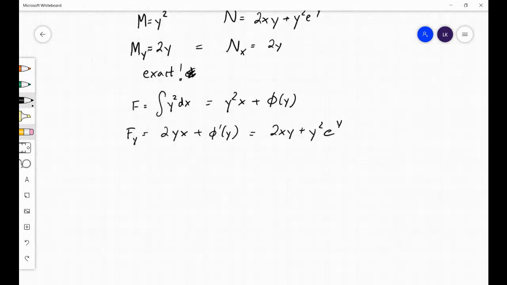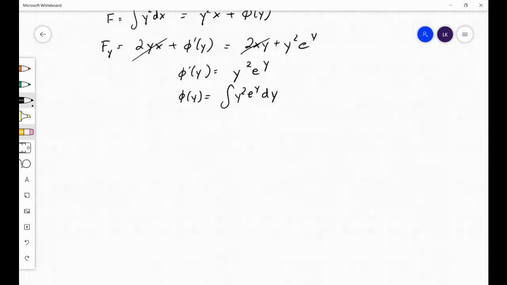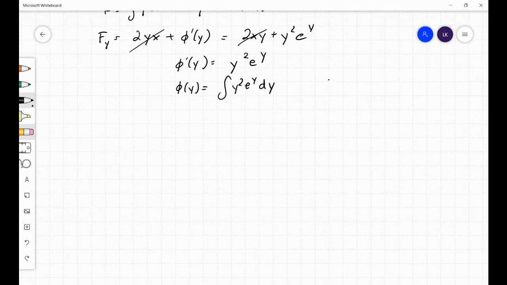Okay, so conveniently these cancel out, and this is a good sign if we have that phi is a function of y. After all the cancellations, we better just have a function of y here for phi prime. So we just have to find phi of y, just find the antiderivative of y squared times e to the y with respect to y. And I guess that's just integration by parts, so I'll quickly use tabular integration by parts. So phi of y is